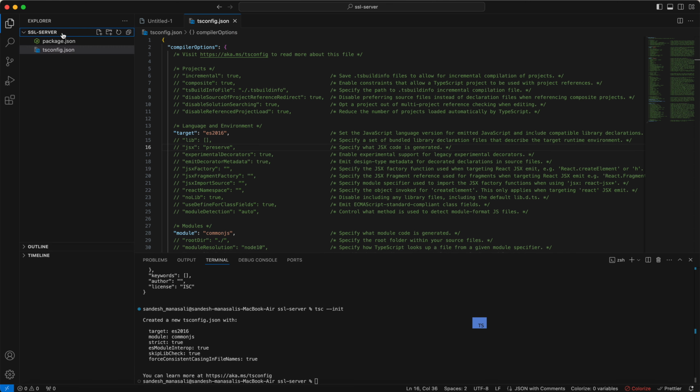Now let's install some dependencies like express to create the server. npm i express, and also install its types, npm i @types/express --save-dev. Just save this. Now open app.ts file,